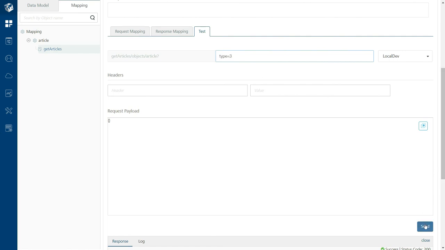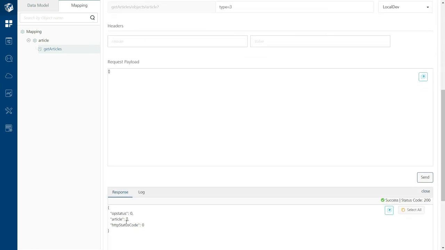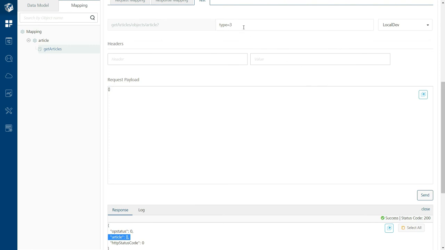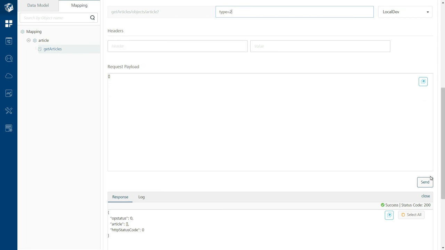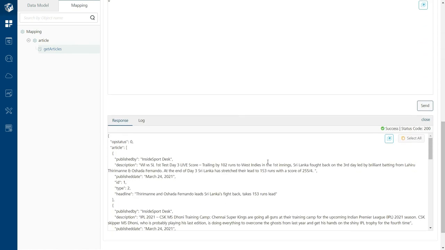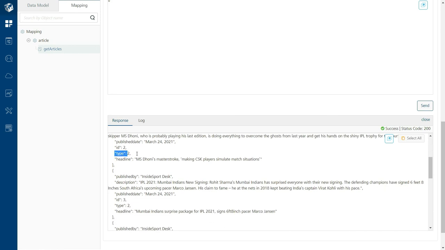When we click on send, we retrieve an empty list of articles, because in our backend MySQL database, we do not have any articles of type 3. Now I am passing the value of type as 2. When we click on send, we are able to retrieve all the articles whose type is 2.